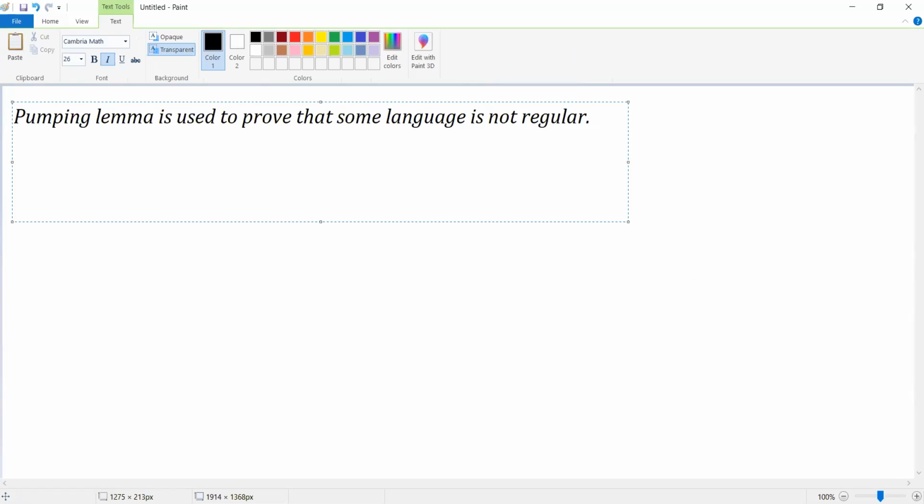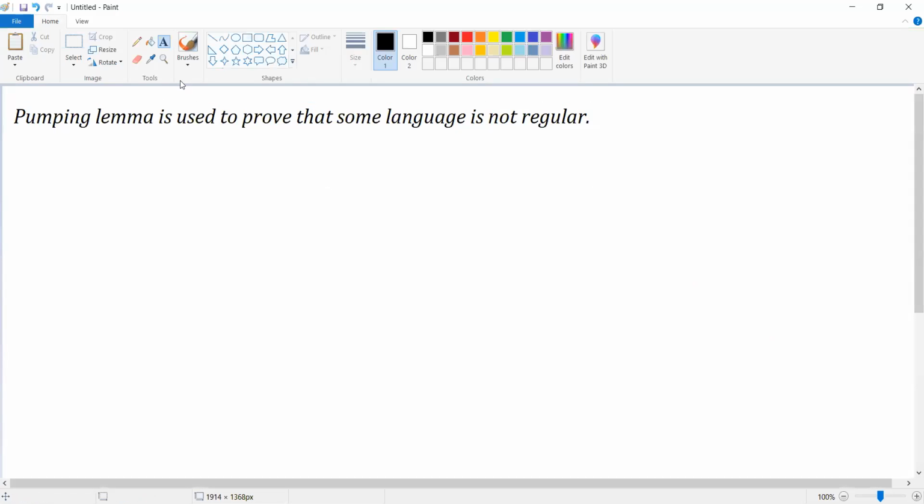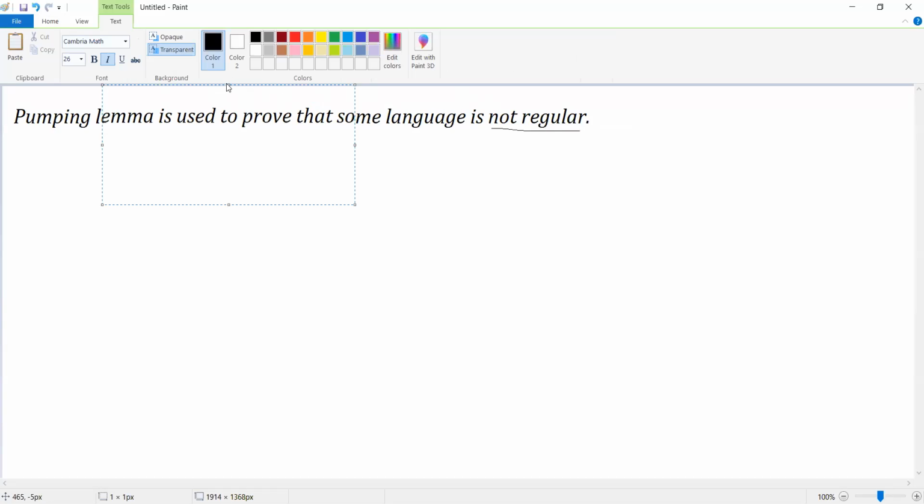Please listen carefully. When you apply this pumping lemma on a certain language, the theorem will prove that the language is not a regular language. This means we are going to perform a negative test.